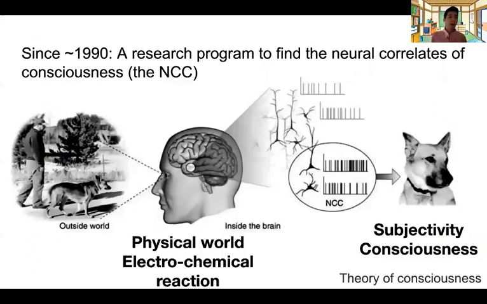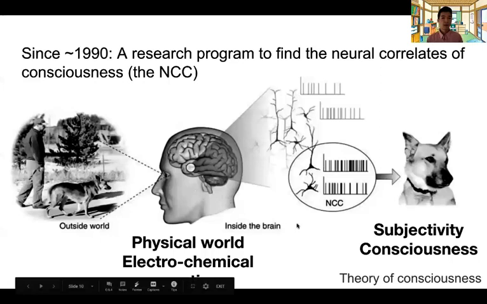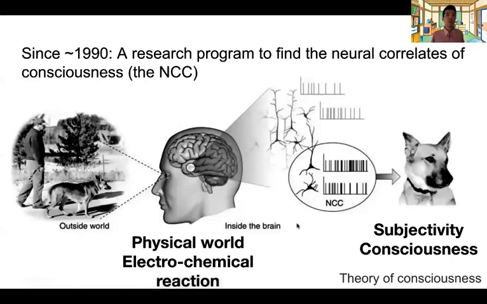So around the 1990s, not only was there an explosion of neuroimaging studies, but also Christoph Koch and Francis Crick started to propose a research program to find the neural correlates of consciousness, the NCC. And here, what they propose essentially is that you have things in the outside world, like seeing dogs and people, and then when you see it,